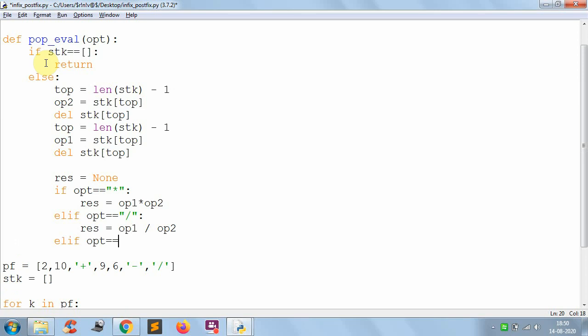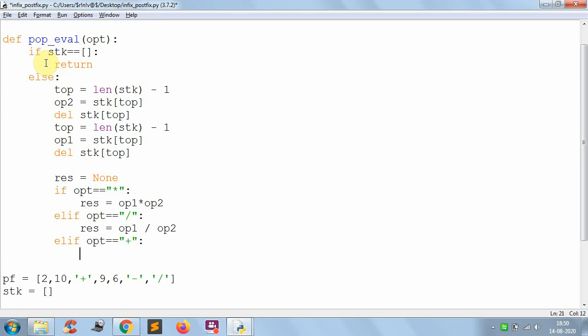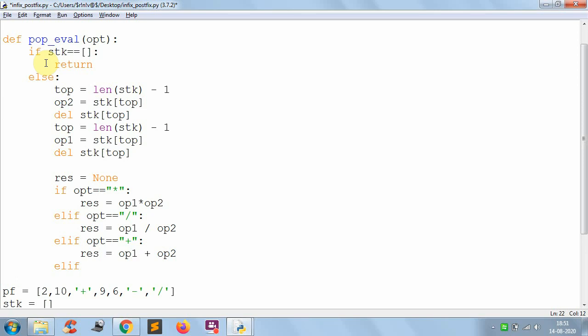If the given operator is addition, then result equal to op1 plus op2. If the given operator is subtraction, then result equal to op1 minus op2.